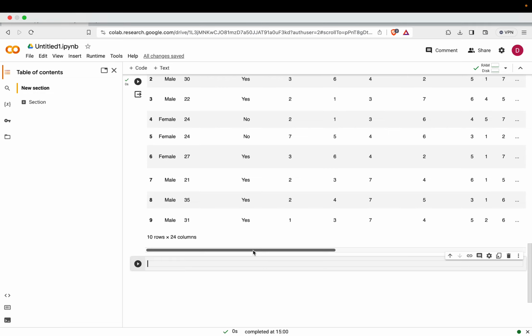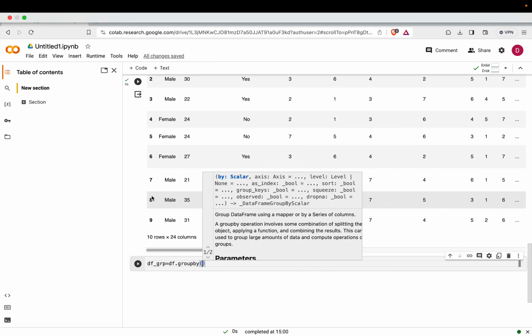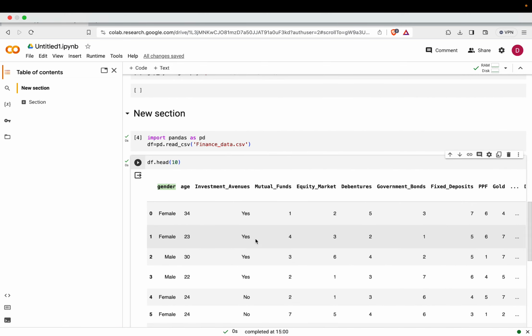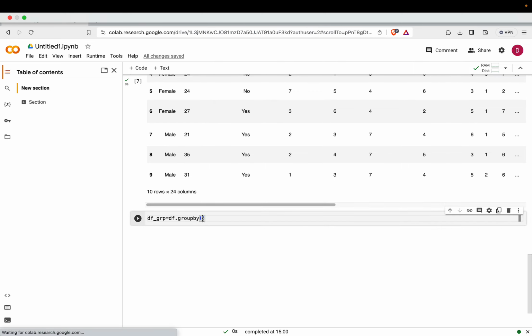So basically this is a group by clause. Let's say I name my data frame df group. Then what I want to perform is df dot group by. Now on what basis I want to perform the grouping, can anybody tell? On gender. Okay, so I want to group by gender. Then after that what I want to do,